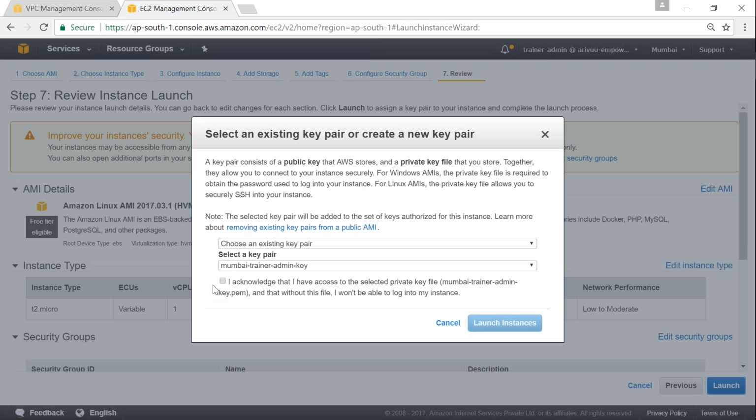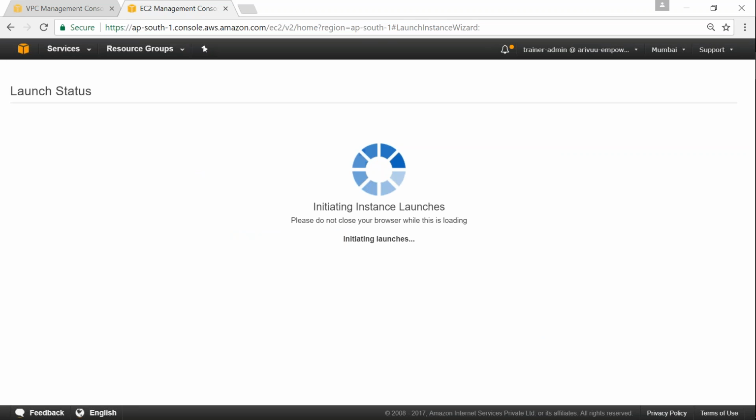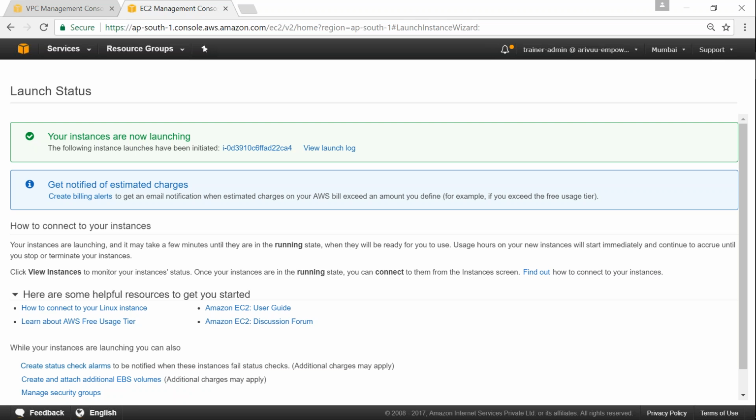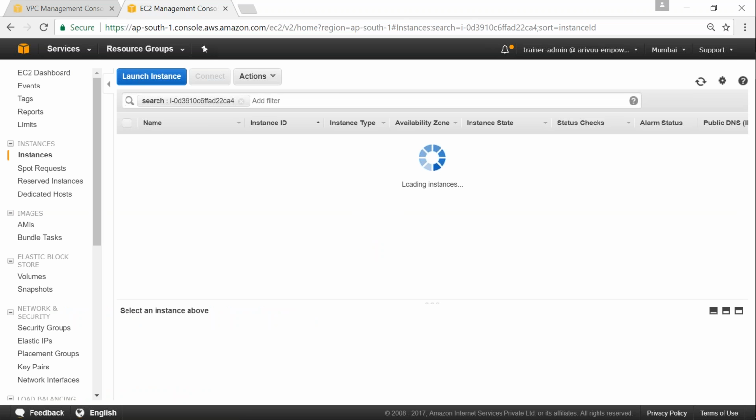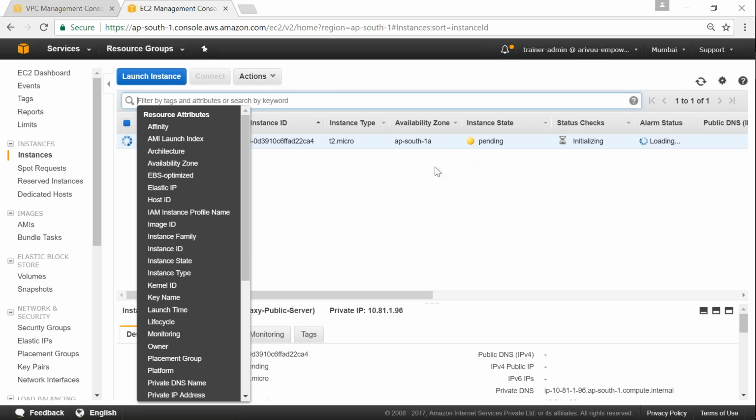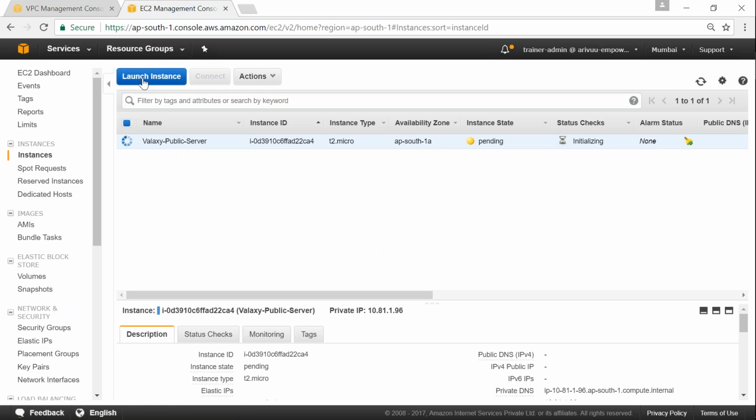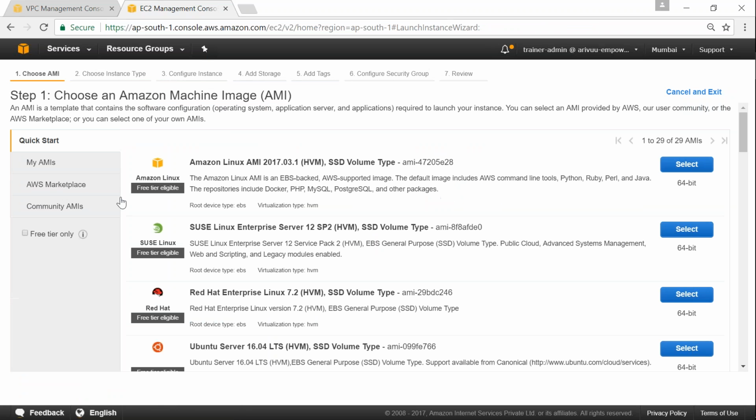Click on launch if you're sure, and ensure the key that you have is selected. Click on launch instance. So we have launched our public instance. While it is booting, I'm going to quickly launch another instance that is going to be our private instance. Since it is in pending state, instead of waiting, we can just go ahead and launch a private instance